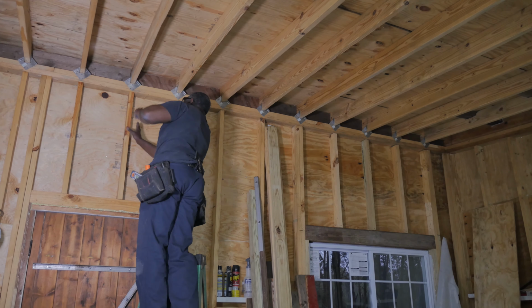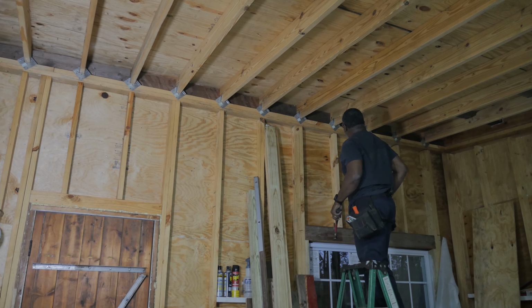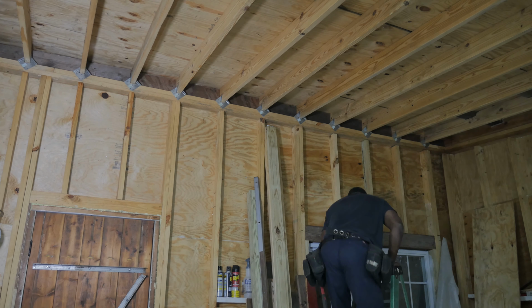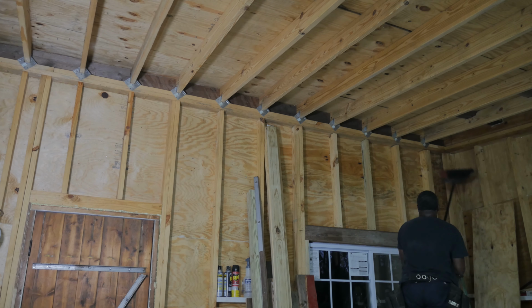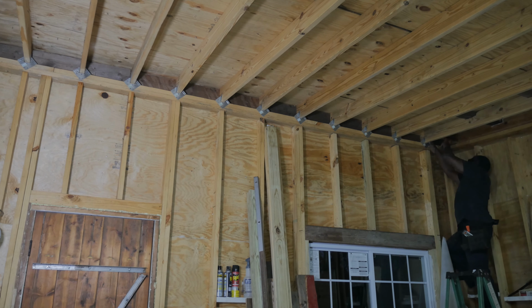So it's been raining here, which stopped me from completing the rusty tin on the front of the house. Everything else is done as far as the rusty tin goes, but since it started raining, I'm forced to do some projects on the inside. And so this project that I'm working on right now, the hurricane ties, I'm putting nails in the hurricane ties